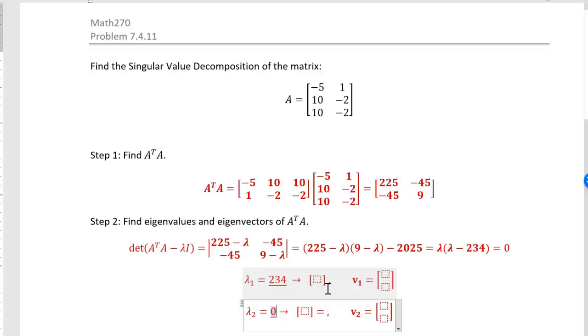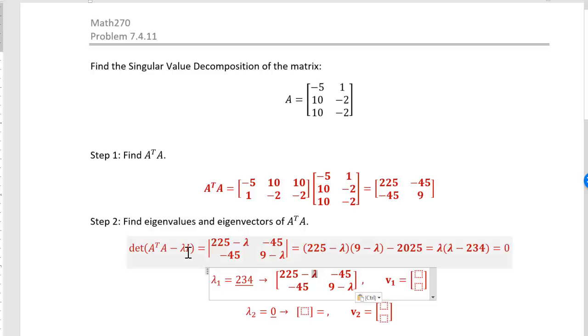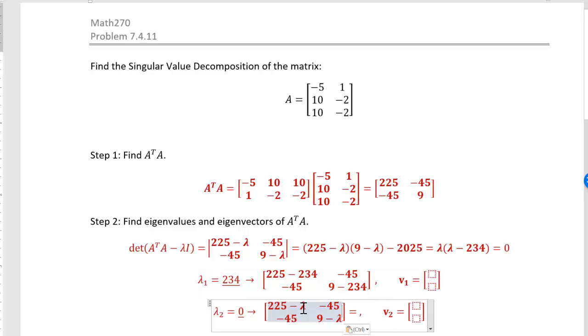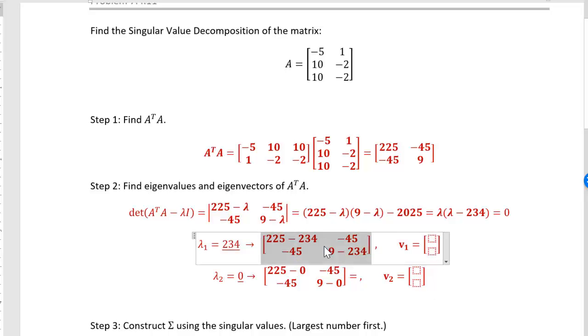Now we want to find our eigenvectors. Now to find our eigenvectors, what we want to do is set up our matrix minus lambda I with lambda equal to 234, and we're going to also do the same thing where lambda is equal to 0. And from here we should solve for the null space for this matrix, and we're going to get our eigenvectors. So if we go ahead and do that,